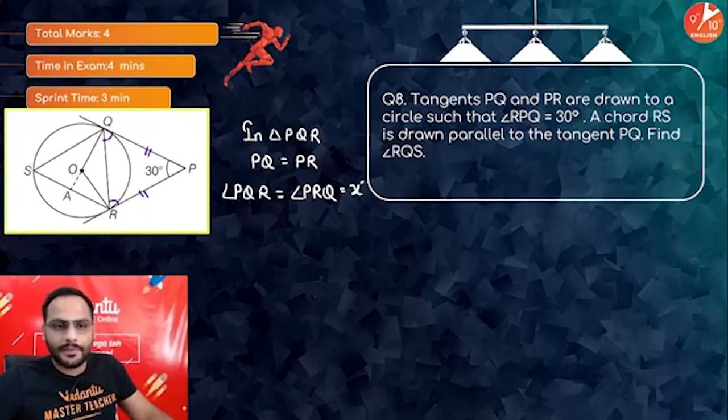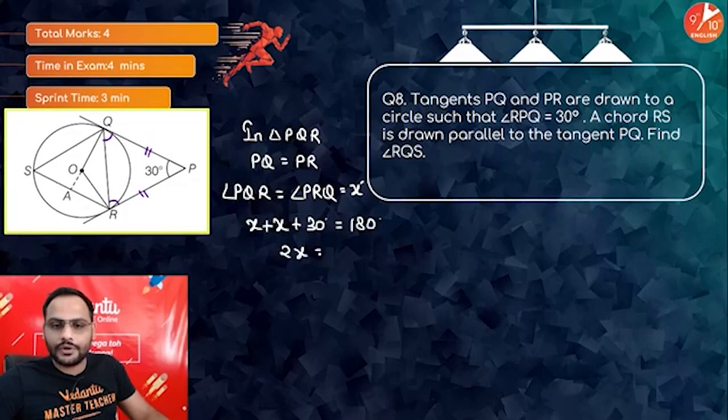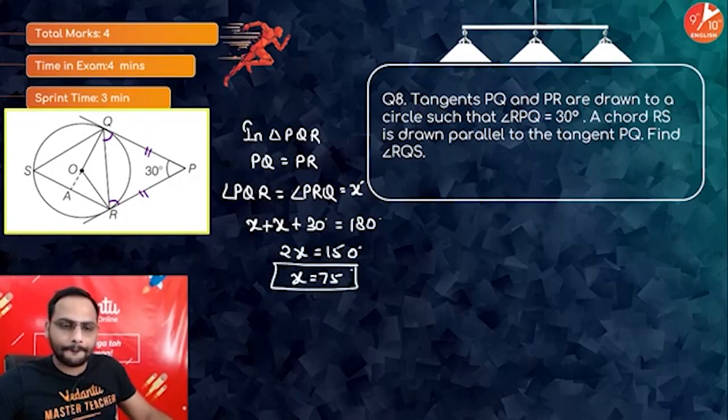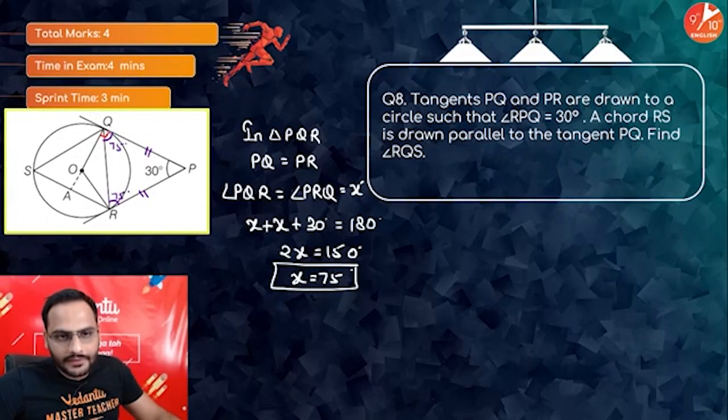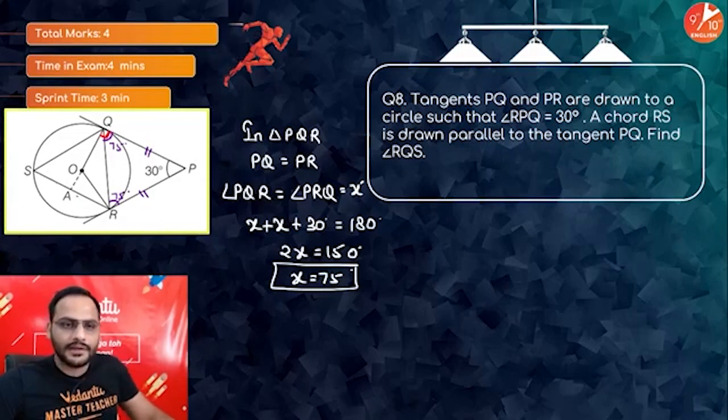So use the angle sum property. So I'll say X degree plus X degree plus 30 degree is equal to 180 degree. You'll get 2x is equal to 150, or you'll get x is equal to 75 degree. So now you have got this angle as 75, this angle is also 75. Already we know that, sir, this complete angle is 90. So this angle AQR, the remaining part, you will get, and here you have already got previously, this is 15